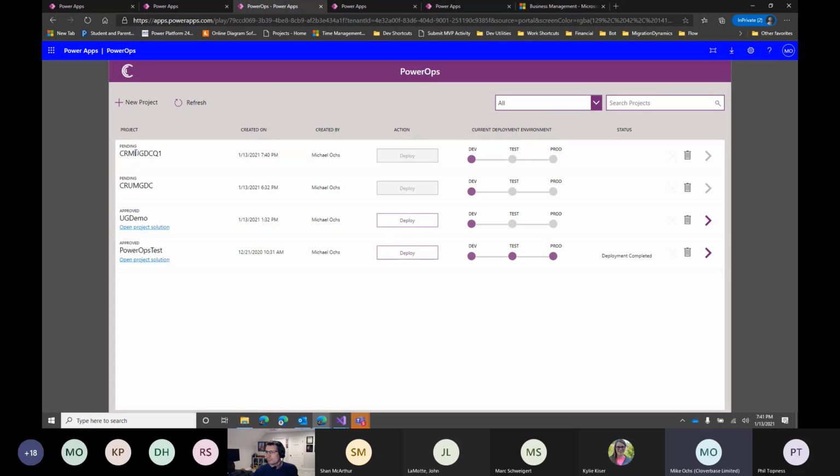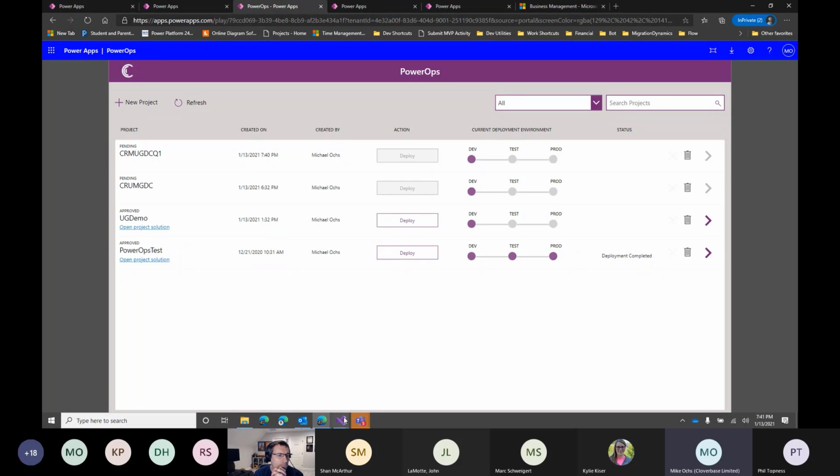So this is essentially a layer on top of GitHub Actions and GitHub repos, allowing an abstraction from having to do all that for your makers.